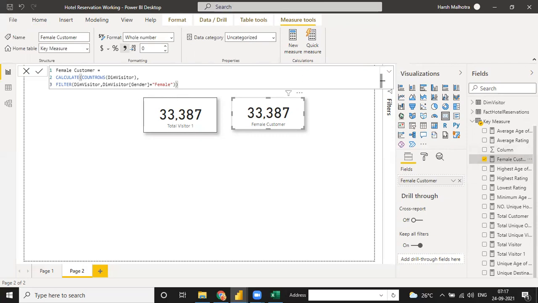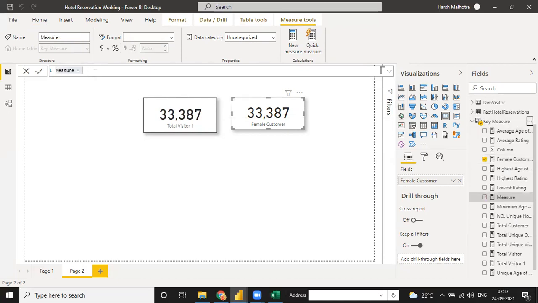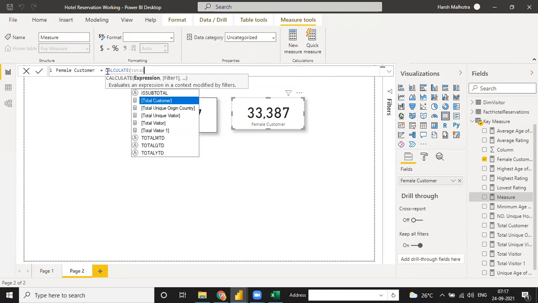Okay. And there is one more formula. New measure, either using count rows or this kind of function, you can just use a female customer. So for female customer, you have to use calculate, not count rows or that kind of function. You have already calculated the total measure, total visitor.